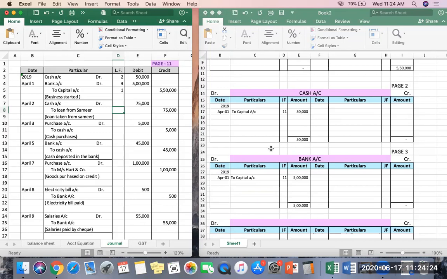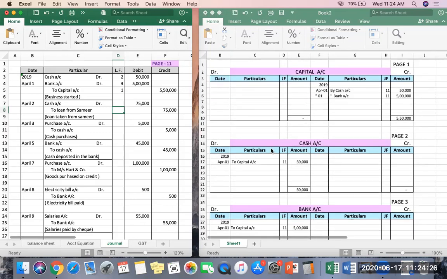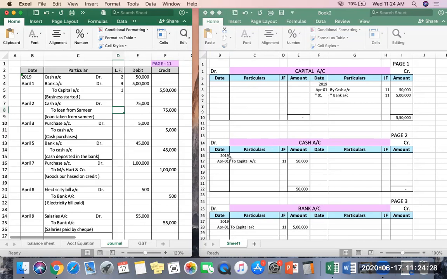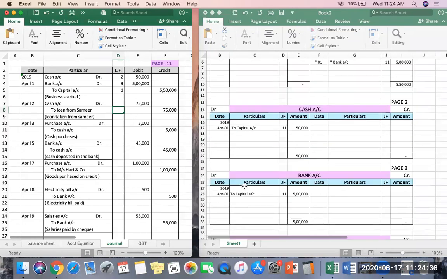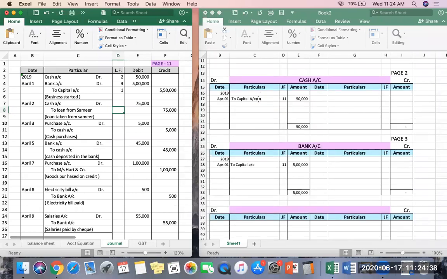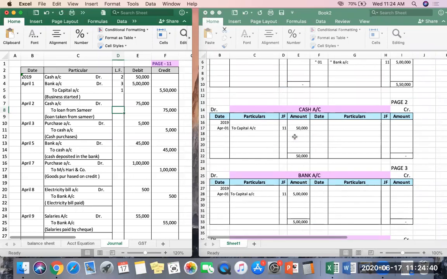Okay, so now as you can see, debit and credit always should be same. Capital side, in capital if you see, the total is 5,50,000 on credit. If I make the total of the debit side, till now we have done only these 3 accounts. On these, you have 5,50,000 on credit side. If you check these two, 50,000 and 5 lakh, this is on debit side. So that is a match-up.